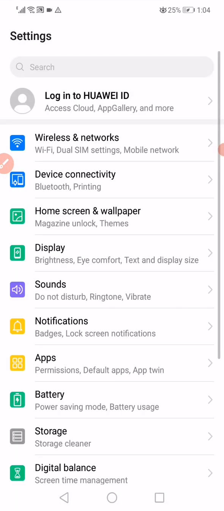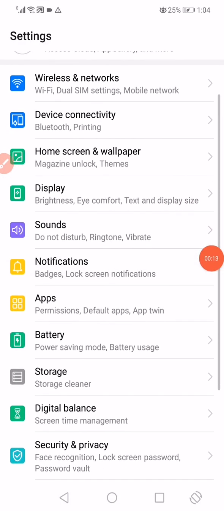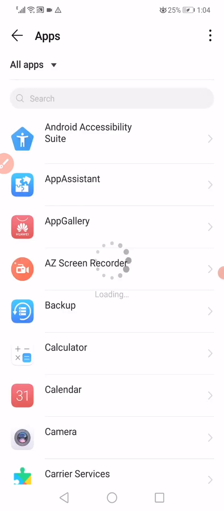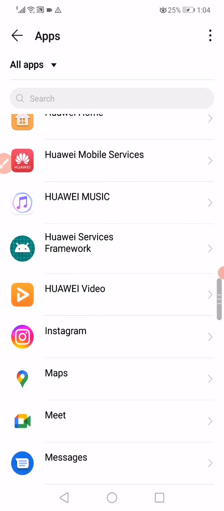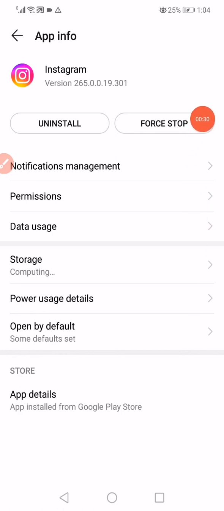First thing you wanna do, guys, is open the settings on your phone and then go to the apps manager. Open the apps like this, and now you have to wait a few seconds. It will start loading all the apps that you have on your phone. Scroll until you find the Instagram app and then click on it like this, and now click on this force